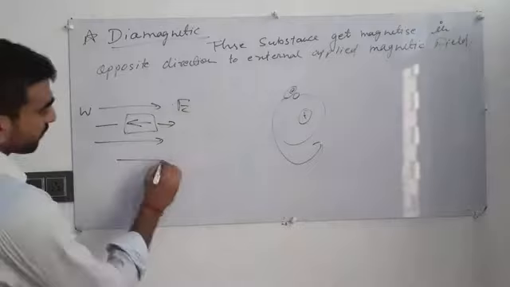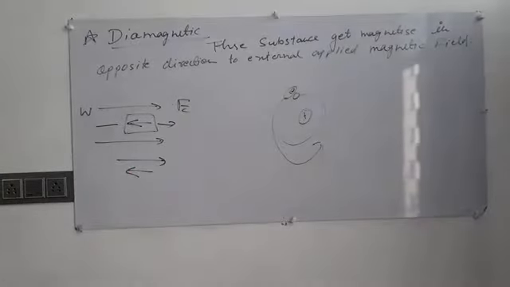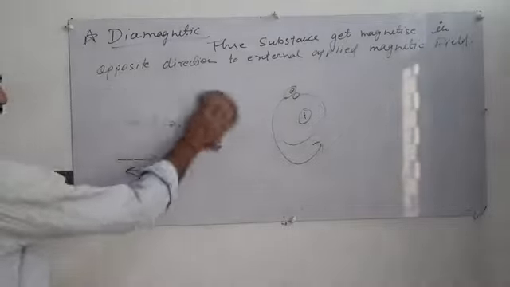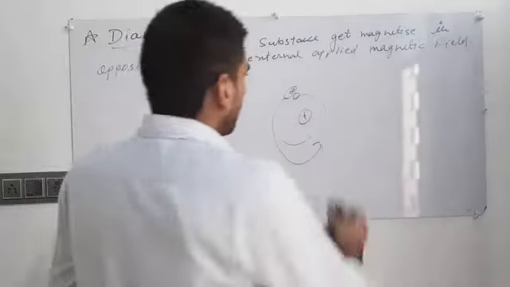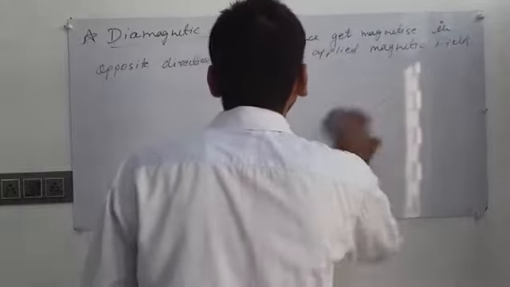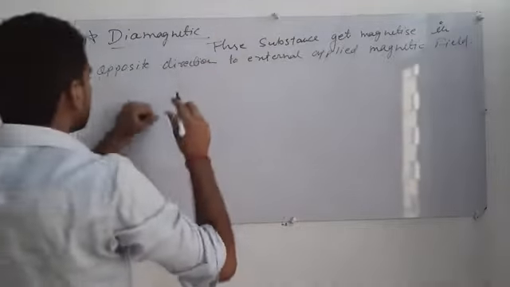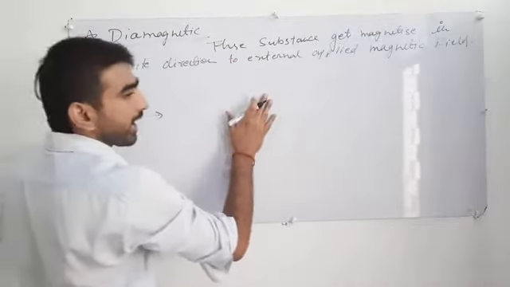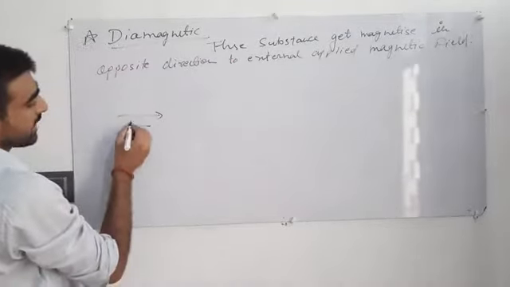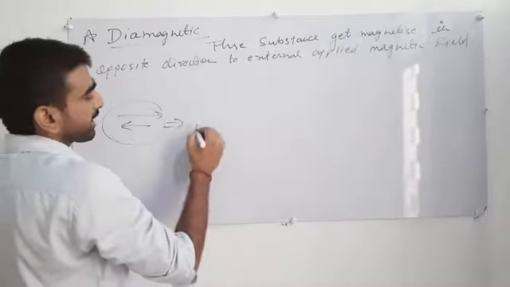If the magnetic field is in this direction, then they get magnetized in the opposite direction. This is the simple property of diamagnetic materials. If the magnetic field is in this direction and the magnetic moment of the atom of diamagnetic material is in the opposite direction, then they will cancel each other,